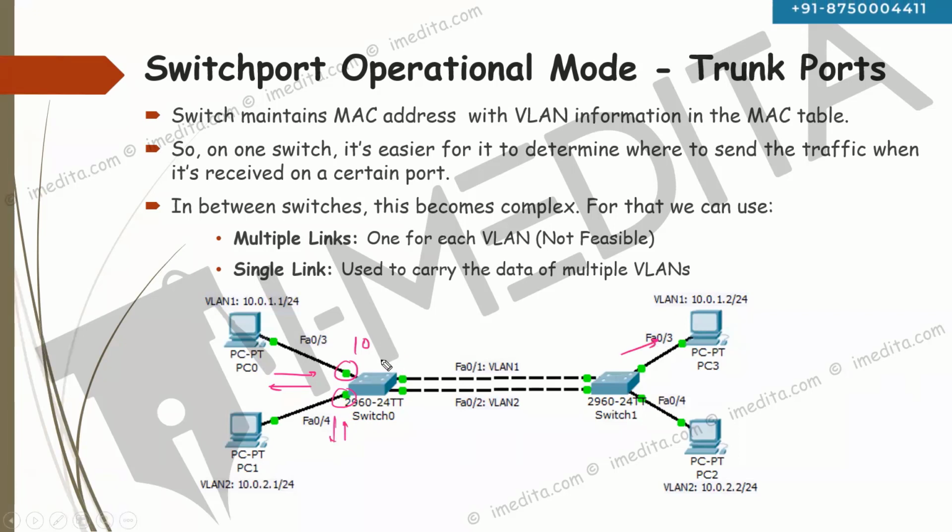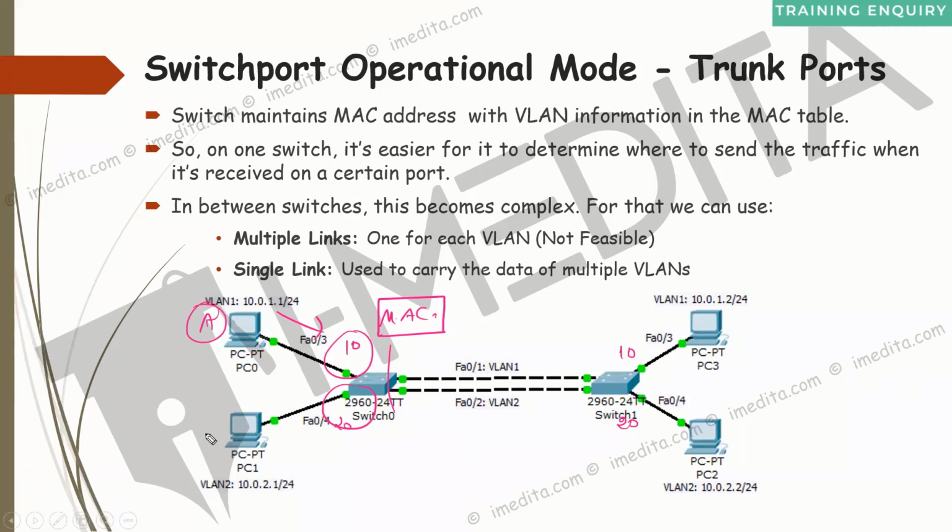So we can configure VLANs on multiple switches as well. This is switch number 1, this is switch number 2. We can configure VLAN on switch number 1 and we can configure VLAN on switch number 2 as well. So here we have user in VLAN 10, here we have user in VLAN 10, here we have user in VLAN 20, here we have user in VLAN 20. So this switch is going to maintain the MAC address table. In the MAC address table, it is going to maintain that it has learned the particular MAC address in VLAN 10 and it has learned the particular MAC address in VLAN 20. And based on that, it can decide that the traffic either has to pass or it doesn't need to pass